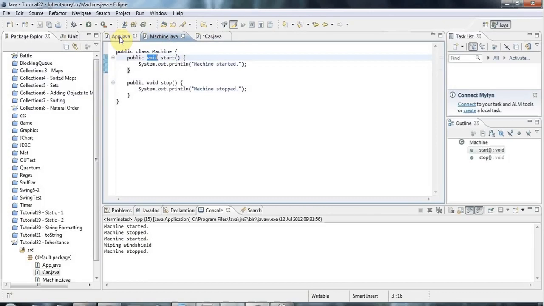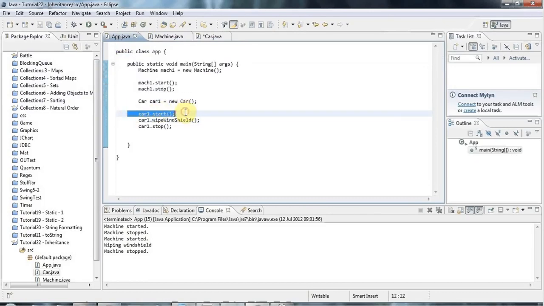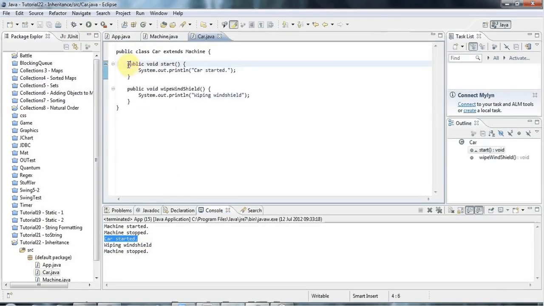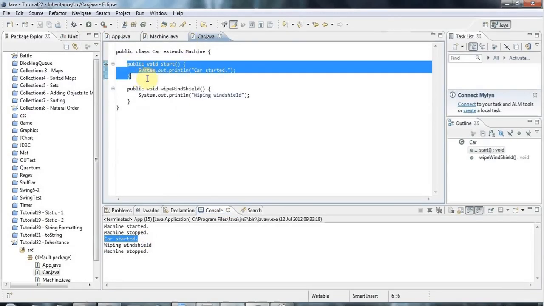And now when I call start in car, it's going to call the car specific version rather than the machine version. So we say that this method has overridden the method in the parent class. It's basically replaced it. Now there's quite a bit more to say about inheritance, as you might imagine,